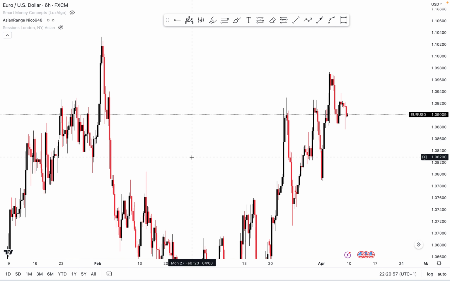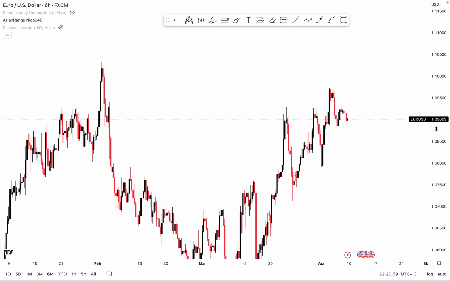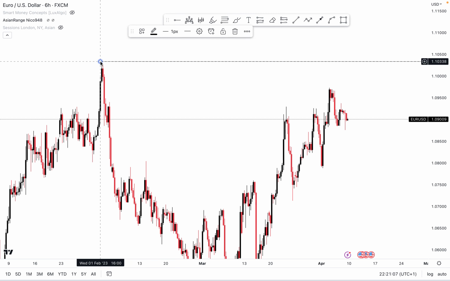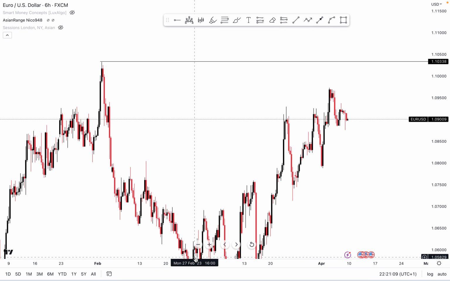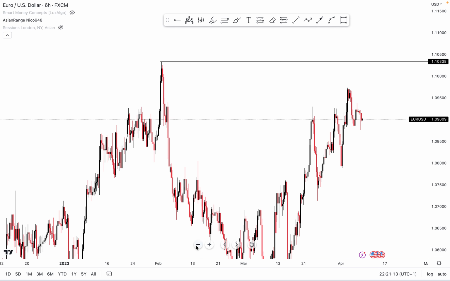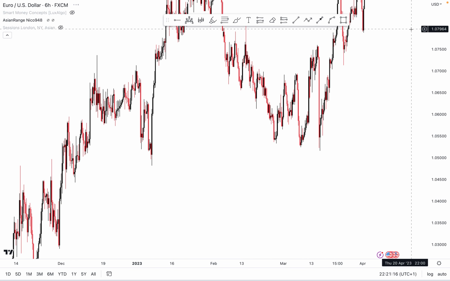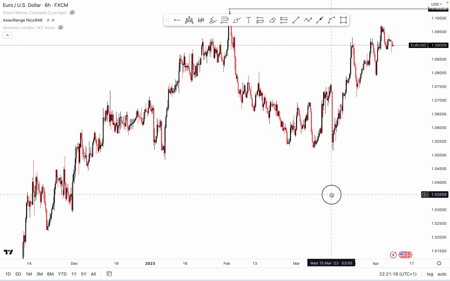So with forex, with price action, we always try to look at the past to see what happened, so we can tell what's going to happen in the future. Okay, so I have these highs here, but that's not my concern. I want to minimize so I can see what's happening in the past very clearly. And what I'm seeing clearly here on the 6 hour time frame